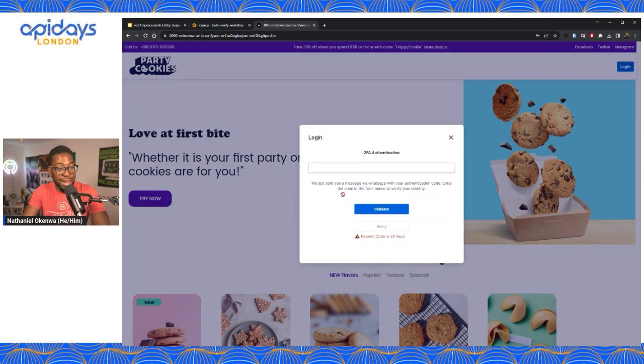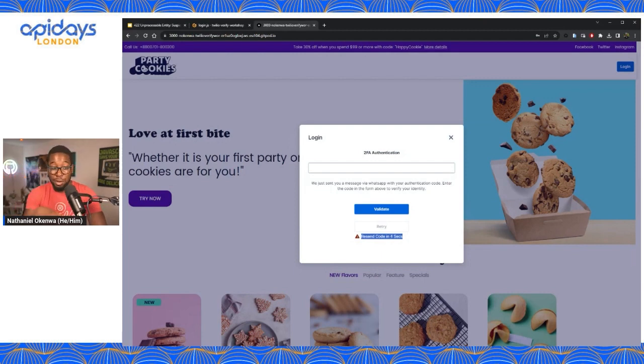This time I'm still going to send the code, but you can see here we've got this "resend code in 20." It was 30 seconds before, and it counts down. Until then, I can't click it. This is very important because you're still letting your user know, I will let you send another one-time password in 30 seconds, but you're going to have to wait.